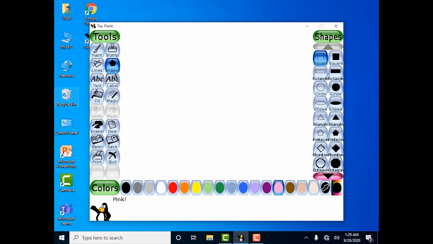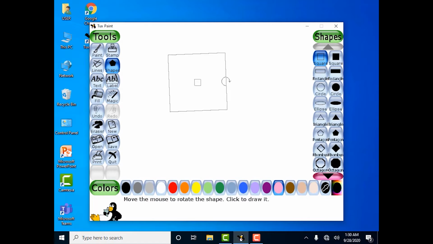Select a point on the drawing area which will act as the center of the square. Now click and drag the mouse. Choose the desired size and release the left mouse button.